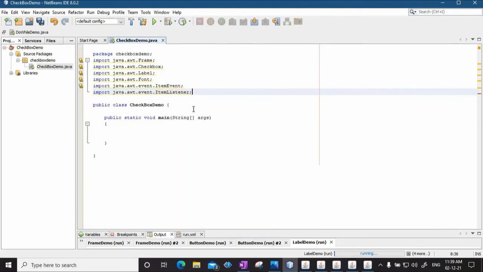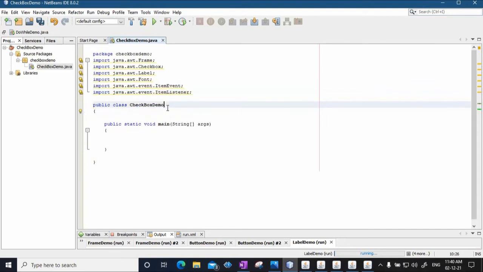Item listener is an interface. Okay, whereas the item event is the event and item listener is the interface that we are going to use. So we will have to modify our class, because it is going to use item listener. I will say public class checkbox demo implements the interface that is item listener.